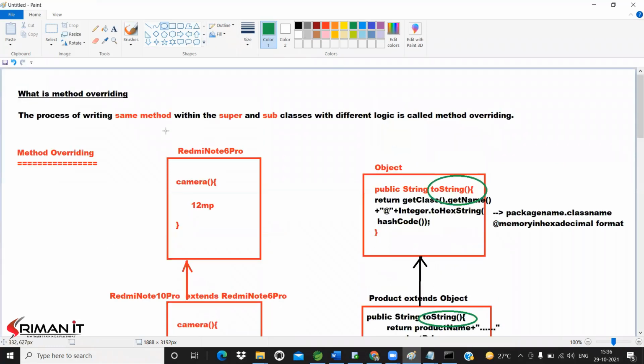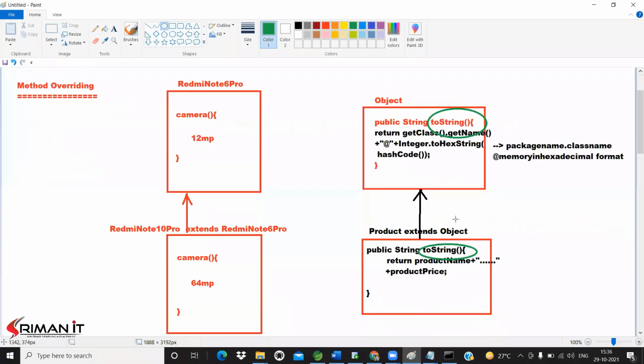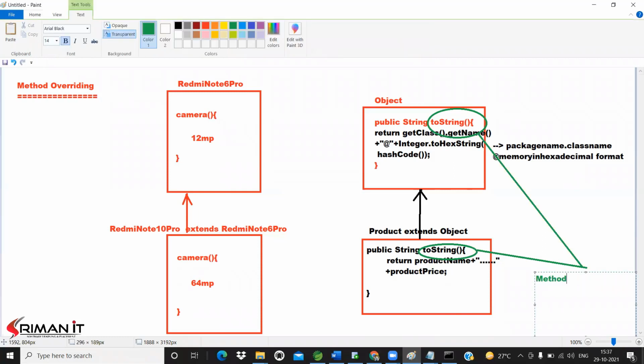The process of writing the same method, toString, in the superclass and subclass, available in the Object class and in the Product class. Product extends Object. Object is the superclass. Product is the subclass. Same method we are writing in super and subclass with different logic. This process we are technically calling method overriding. This is one of the very important topics while developing projects as well as in interviews also.